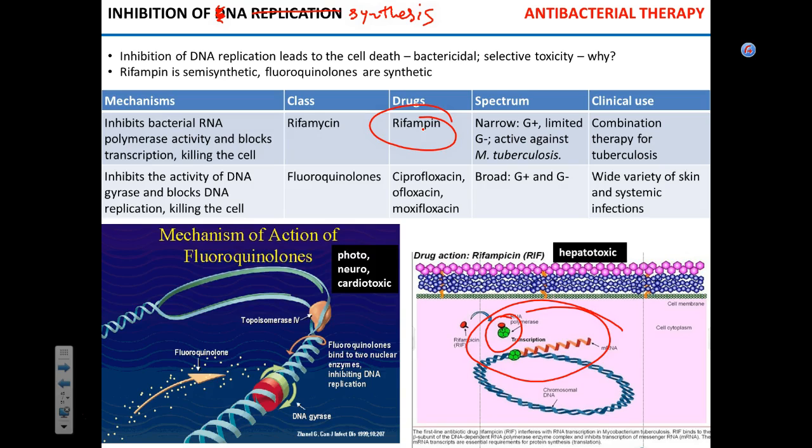So that's one class. That's RNA polymerase inhibitor. The fluoroquinolones are inhibitors of DNA gyrase, topoisomerase 2. Remember we talked about the uncoiling of DNA? So DNA gyrase uncoils the DNA. If it doesn't uncoil, DNA replication stops. That makes sense? So you've heard about Cipro,